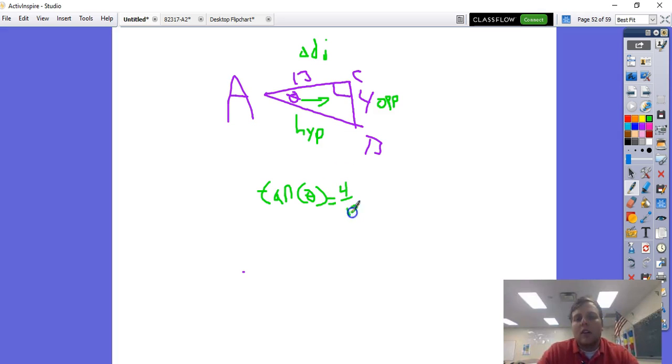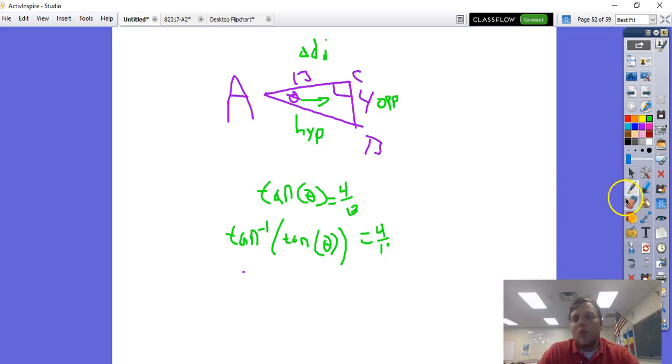Now the real question is, how does this help me solve for theta? Well, we have tangent of theta. If there was a way that we could remove tan, we could then solve for just theta. How do you get rid of any trig ratio? You do the inverse of that trig ratio. So the way you get rid of tan and all the other trig ratios is you take the inverse of that. For tangent, it would be tangent raised to the -1 of tangent of theta,